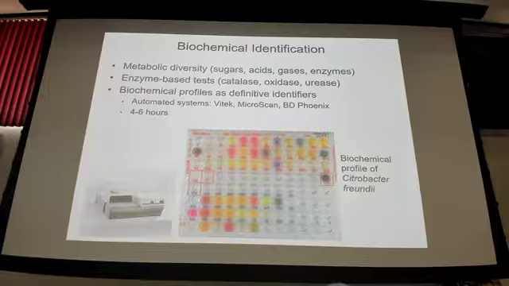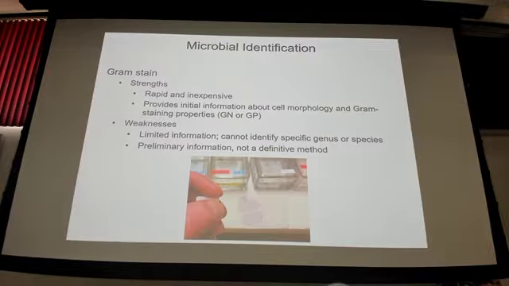And those can be a much shorter time course, 4 to 6 hours if you're using an automated system like that. Okay. Gram stain, this is one of the oldest methods we have of getting information about bacteria. I'm using it for probably 100 years. It's super fast. As long as you have a colony to work with, you can go straight to a gram